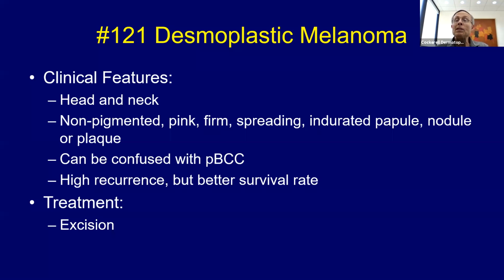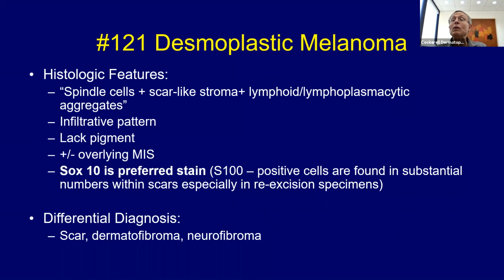So somebody said, how do you tell from a spindle cell melanoma? Basically, spindle cell melanoma is probably one sort of subtype of this type of melanoma. So there's no real reason to distinguish that. These generally tend sometimes to have more collagen in them, but this is a type of spindle cell melanoma. So desmoplastic melanoma does have spindle cells in it. So the main thing is, how do you distinguish from a